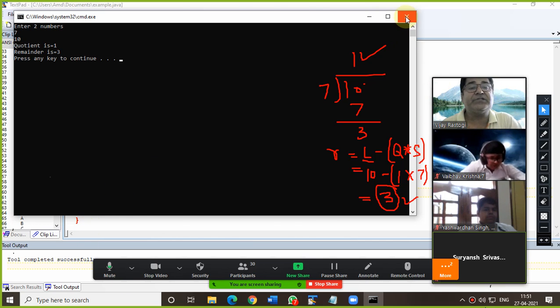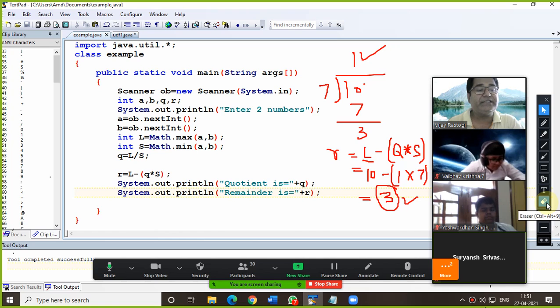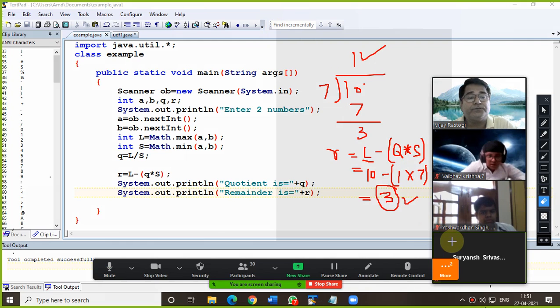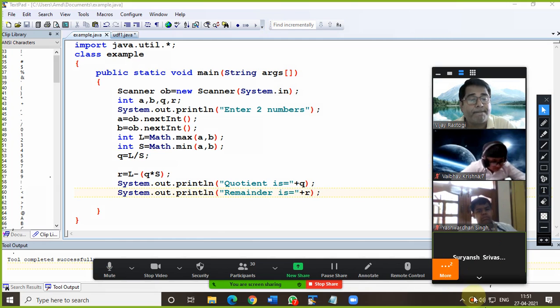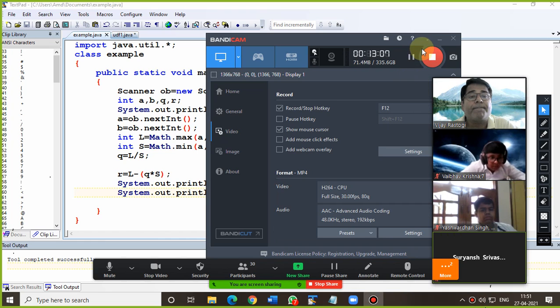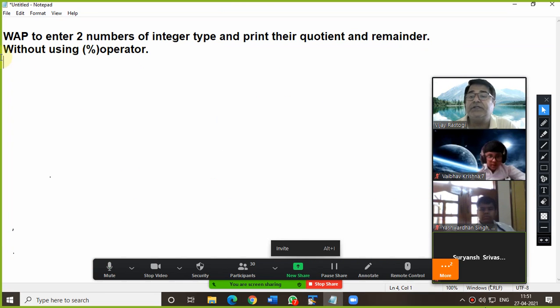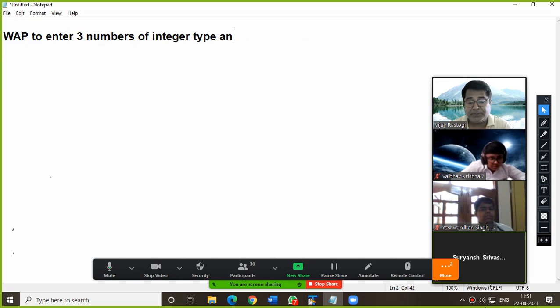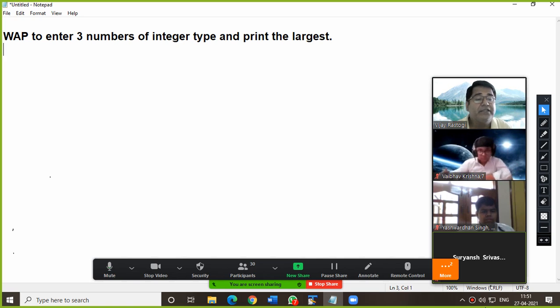So now the next question is, everyone please write down the next question. We have to enter 3 numbers of integer type and print the largest.